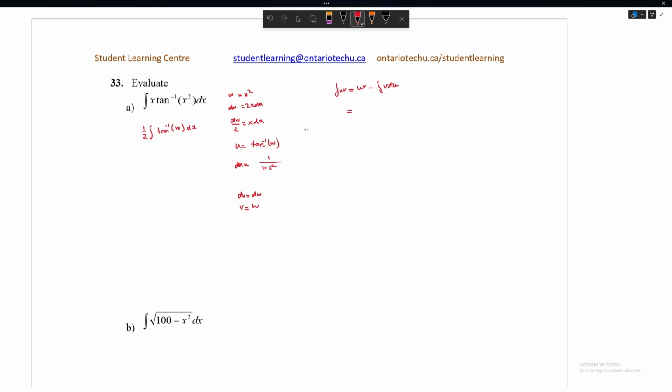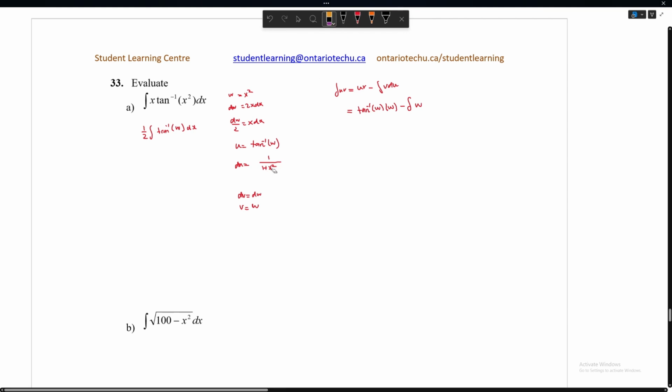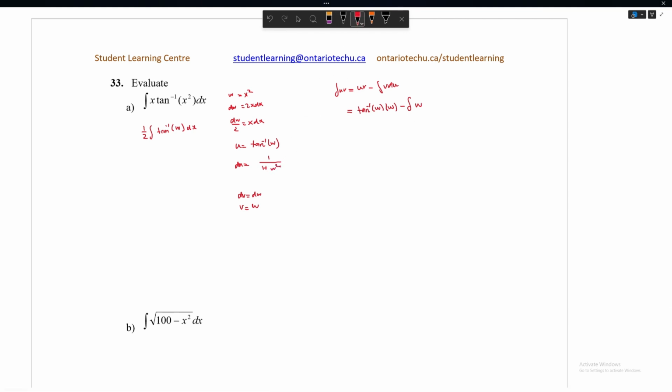equation, and my u is going to be tan inverse w times my v, which is w, and this is minus the integral of v du, which is w, and then my du is 1 over... And so this is not 1 over x, this is in terms of w, right? Yeah, this is a pretty lengthy one. Yeah, and this is going to be v du, and my du is this dw. And so now what I'll get here is,